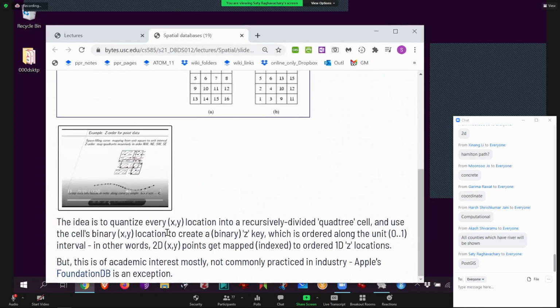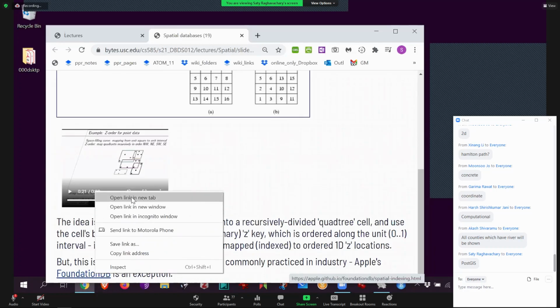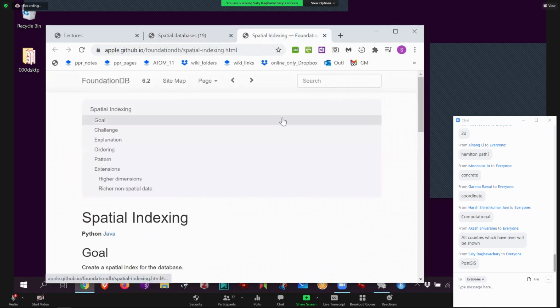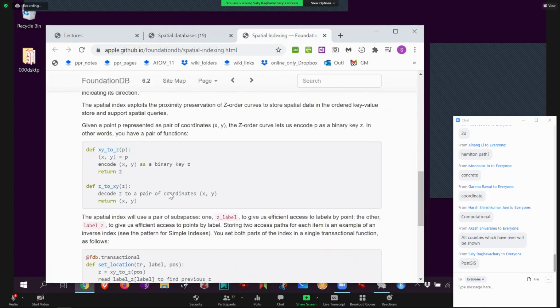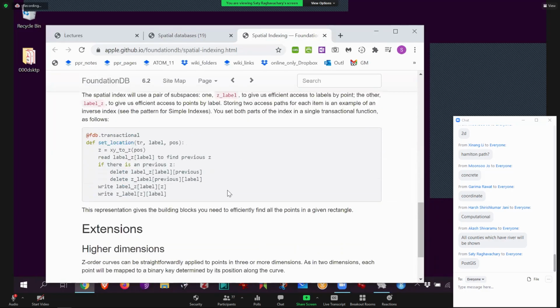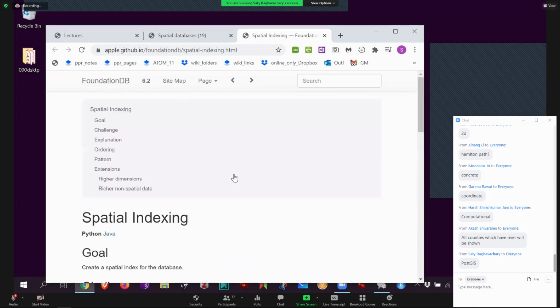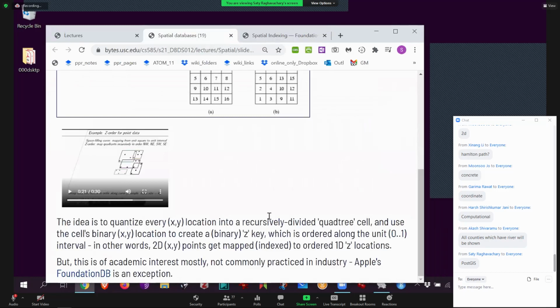It's a very weird idea that nobody in the world does it except Apple. But even Apple, they don't use it for maybe your iPhone or your Apple Watch or something. But Apple does have one database called FoundationDB. Shockingly, as far as I know, this is the only database where, for spatial indexing, they actually use a Z curve. It's just crazy, okay? So they're using a Z curve for indexing any spatial data. Wow, weird. Okay, FYI.